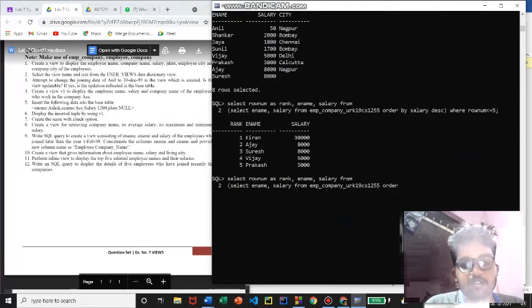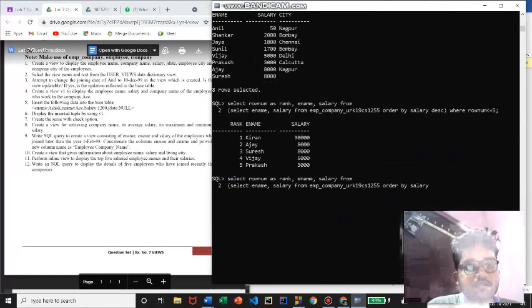and we just have to do the sorting operation, order by salary, where rownum is less than or equal to 5.